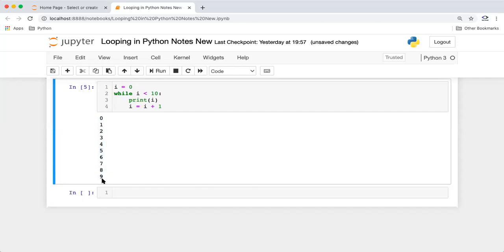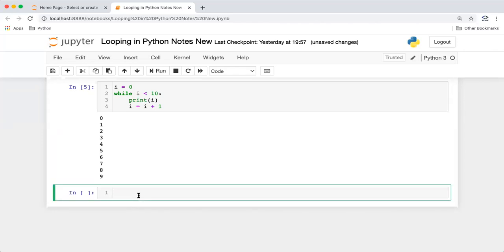Normally, when you have a defined set that you want to go from 0 to 9, or a proper range, it's good to go with a for loop. But when you want to terminate based on some condition, then it's better to go with a while loop.